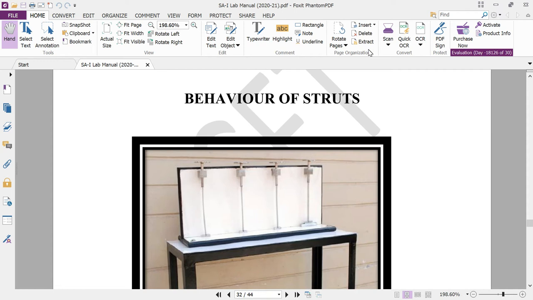Very good morning, students. Today we will see experiment number 6, that is the behavior of the strut. Although as per the serial number of your essay manual, this experiment comes under experiment number 8, we have already covered unit number 4, under which we have seen the behavior of the column and the strut, their various formulae, and the numericals based on the same. So that's why I have considered this experiment as experiment number 6.